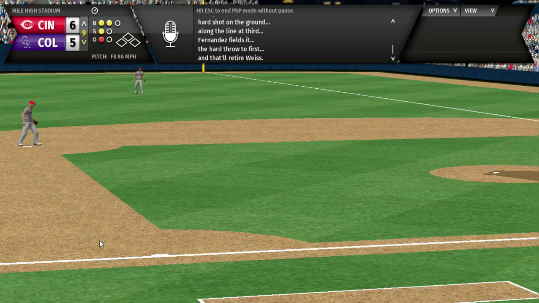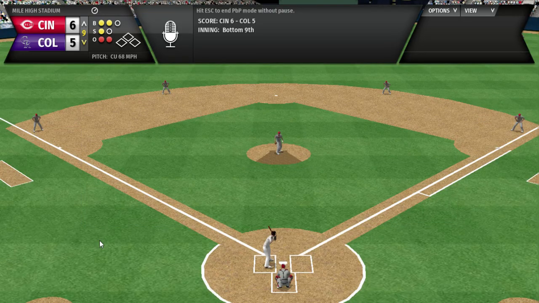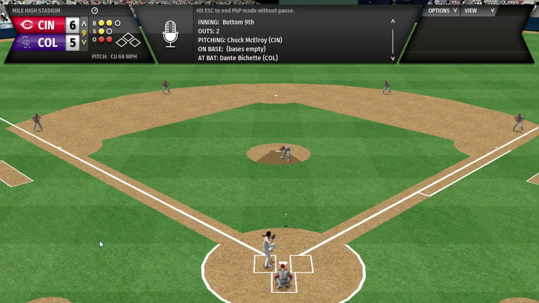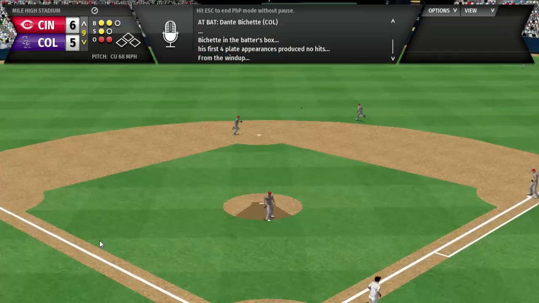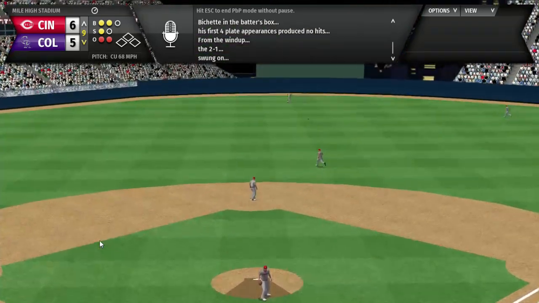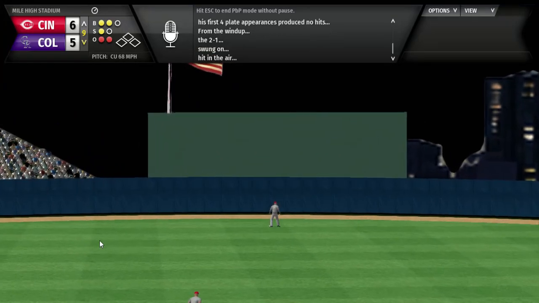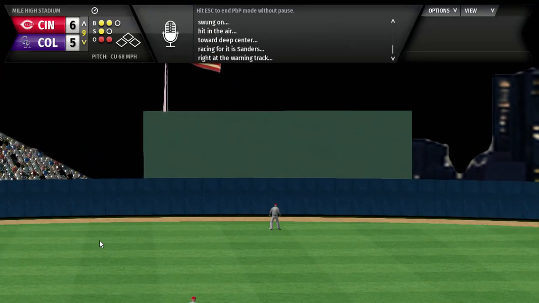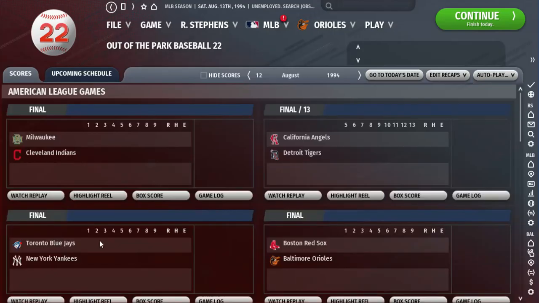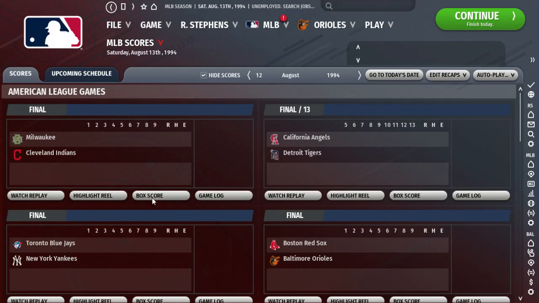Fernandez tries to get him at first. That works. 2 down. Last chance for the Rockies. Dante Bichette hits one out to center. Looks playable, and it is. Somehow the Reds come back and win 6-5 after a furious comeback by the Rockies. A great game again, but the Reds take the win.